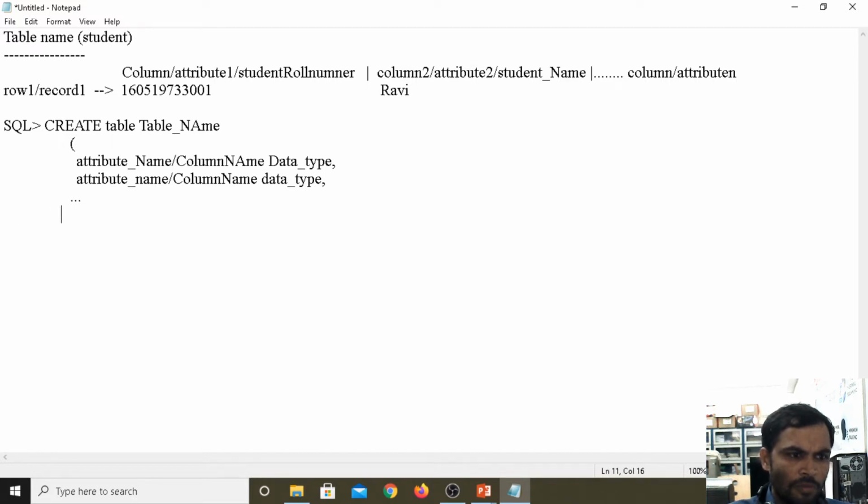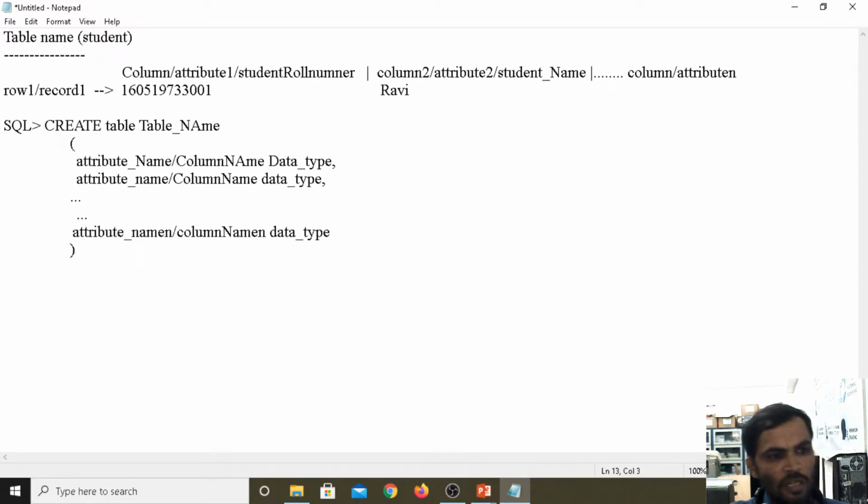We can declare up to a number of data types. We can declare a number of columns inside your table. Then I am going for the last column, attribute name n, or column name n, then data type.